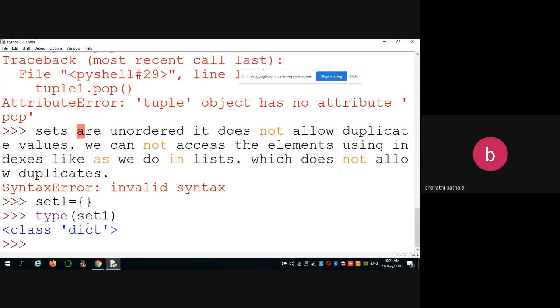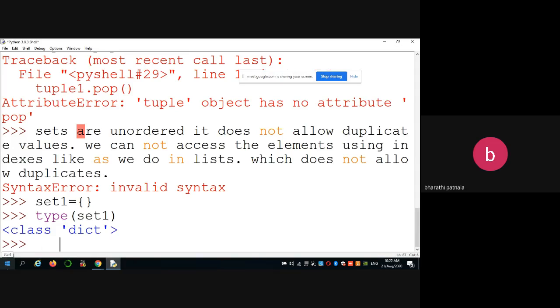Which is nothing but a dictionary, because both the dictionaries as well as sets are represented using curly braces. For that, by default the variable is a dictionary, so it's showing like that.